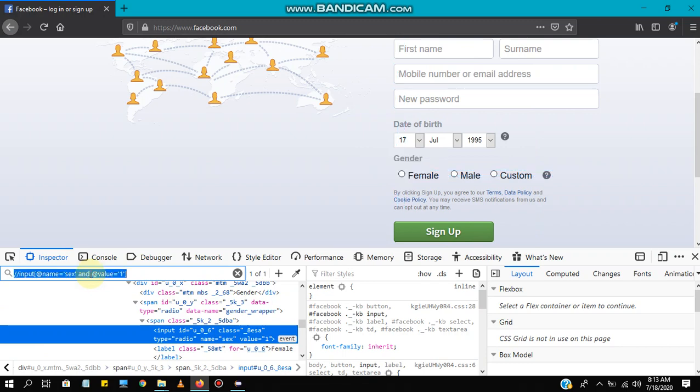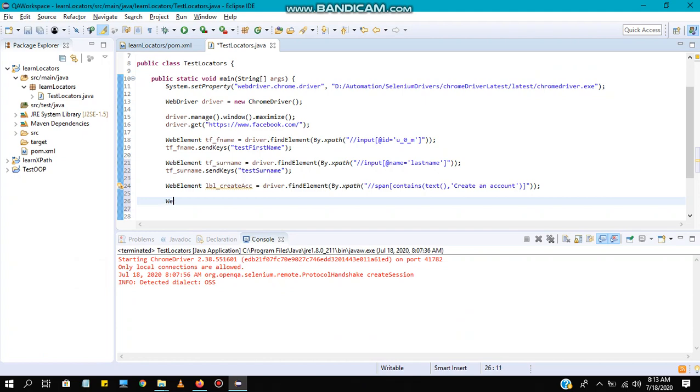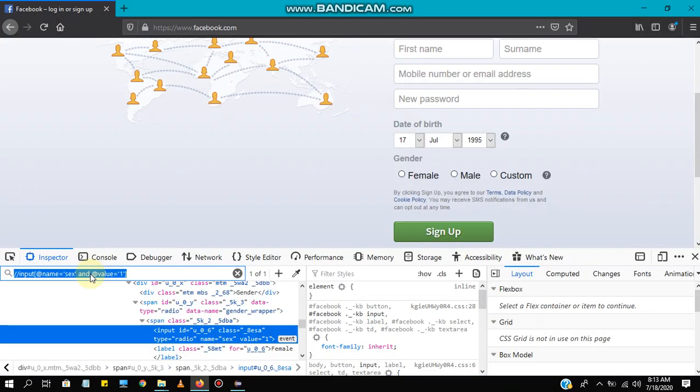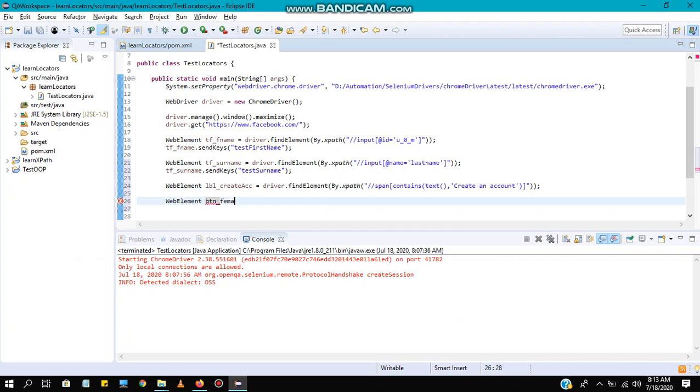Just copy this, go to the web element, assume this is a button, female, driver.find element by.xpath, and give that XPath here.